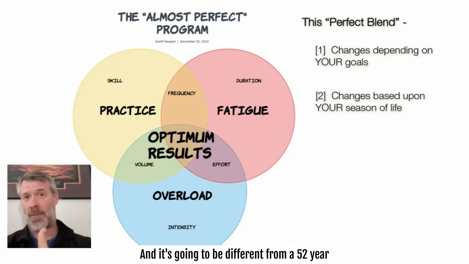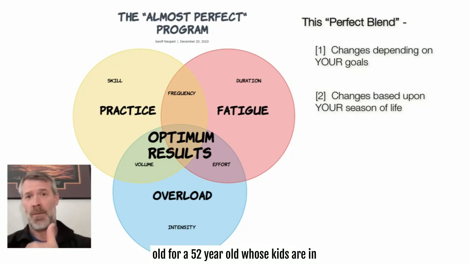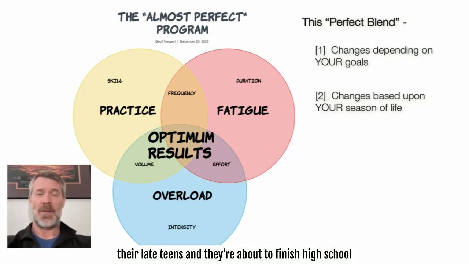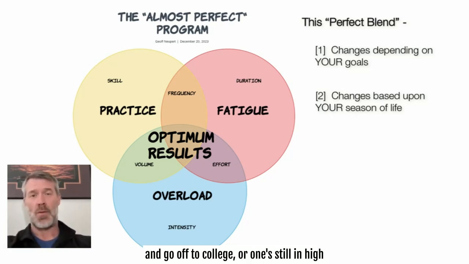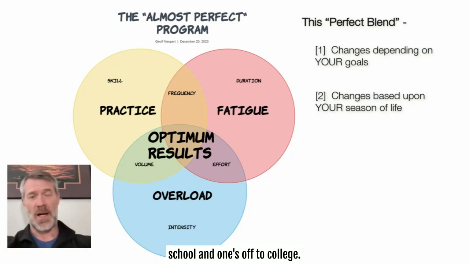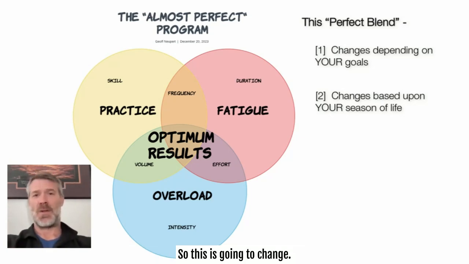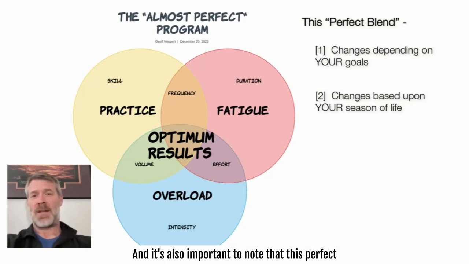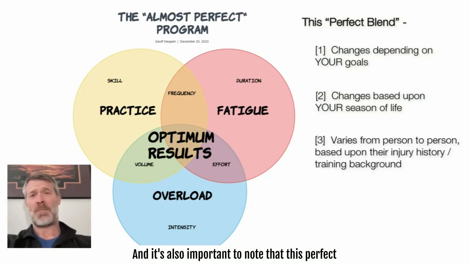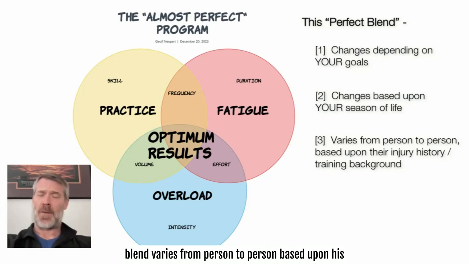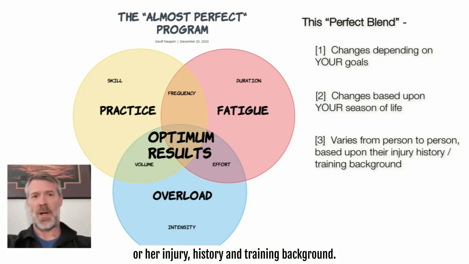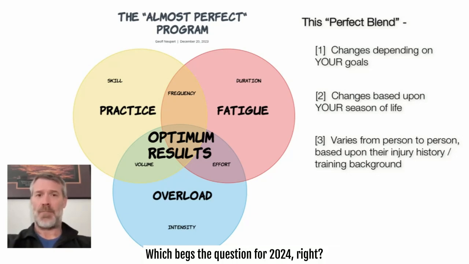And it's going to be different for a 52-year-old whose kids are in their late teens and about to finish high school and go off to college, or one's still in high school and one's off to college. So the perfect blend is going to change based on your season of life. And it's also important to note that this perfect blend varies from person to person based upon his or her injury history and training background, which begs the question for 2024,